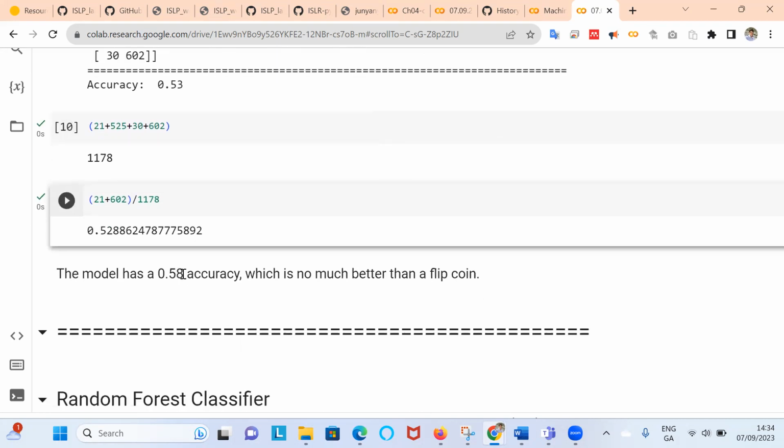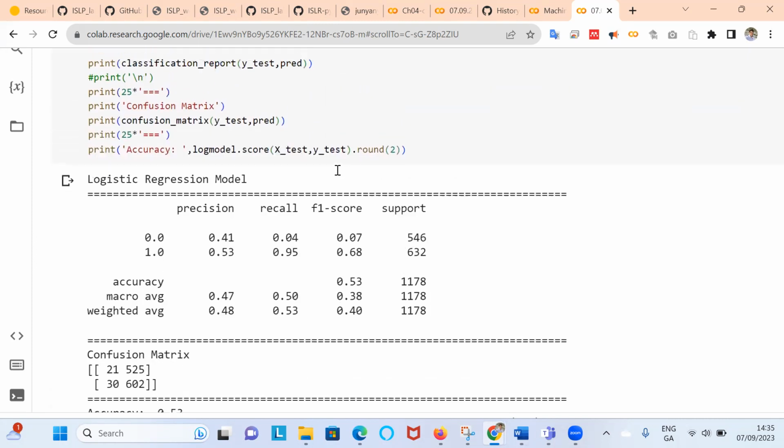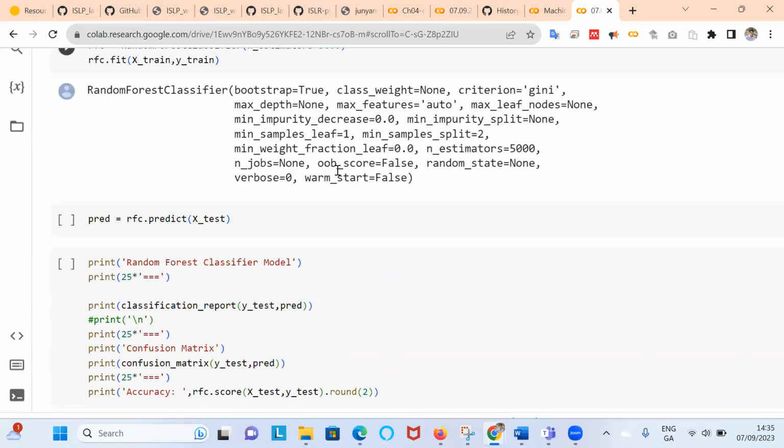Now, in the original Aldo Dector notebook, it was 58, but you can see our value here is consistent with the accuracy level from the logistic regression output. What this tends to reveal is that the accuracy of the logistic regression model is no better than a coin flip. So 53% accuracy is actually quite poor, and that would suggest going off and getting a better model. And if we go further down here, you can see how he